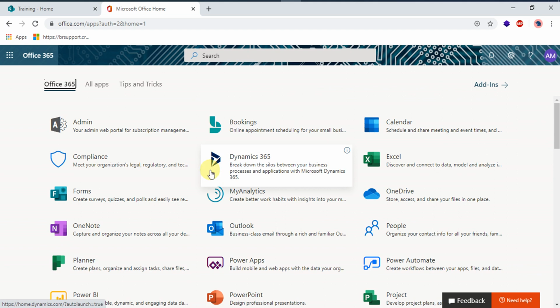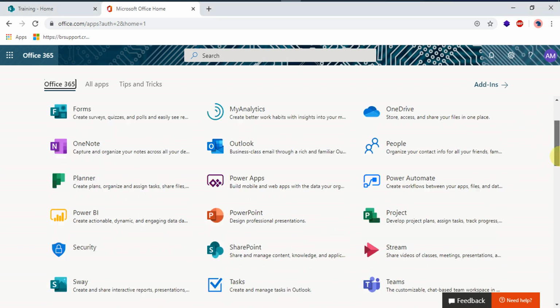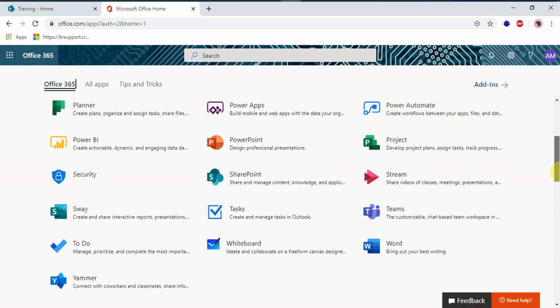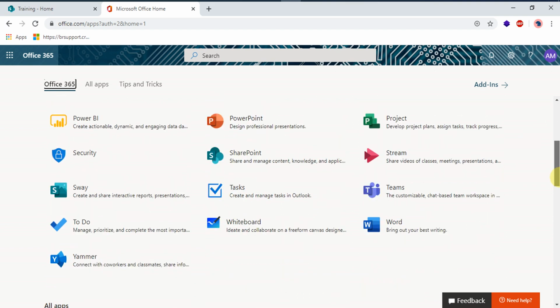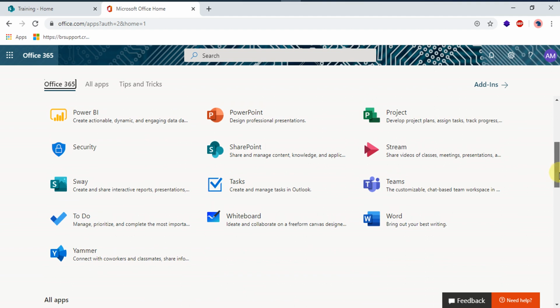Okay, this is the Office 365 portal, in which there is the admin section, which is managed by organizations, then booking for appointments. This is not used yet, but the most used feature would be the calendar, in which our appointments or invitations to somebody will be available over here. Then compliance is also part of governance and security management. This is mainly used by organizations to set policies, such as content policy and retention policy. Excel, OneNote, Outlook, and